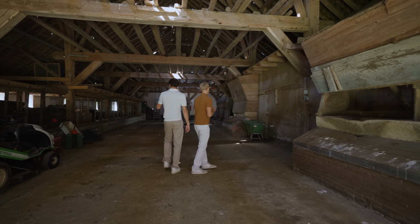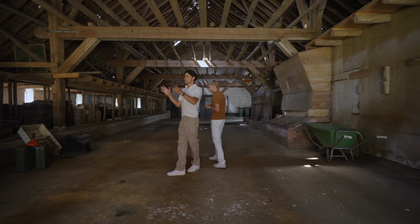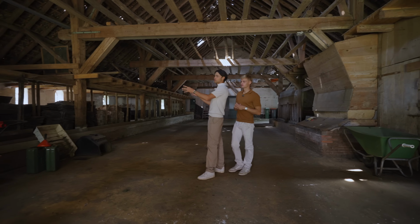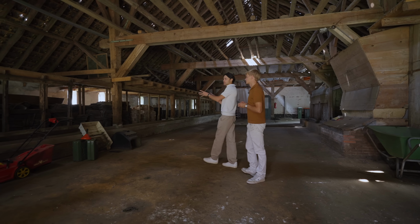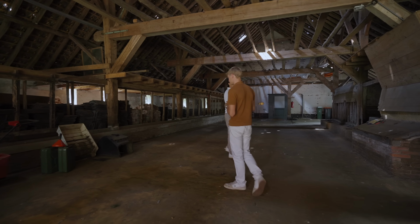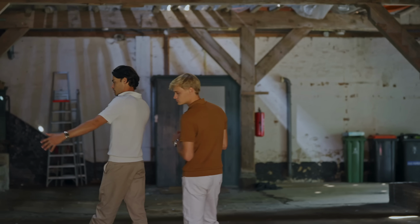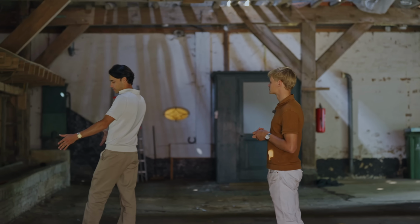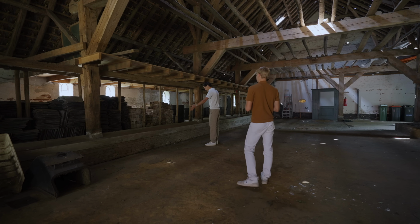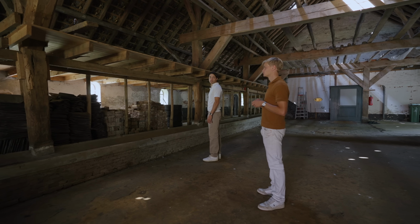But yeah, if we're moving through here, the space that for us makes the most sense is to make a stable between each of the beams here. I think that's going to be what is going to work best for the space. There's a really big breezeway here in the middle. So what I'm thinking to do is actually have the stables come out a little bit. So there's two sides and then the front to give more room, and there will be actually quite roomy stables